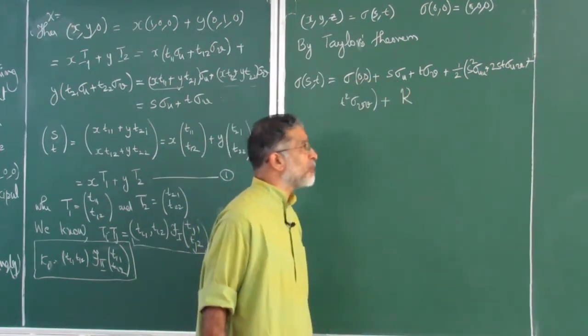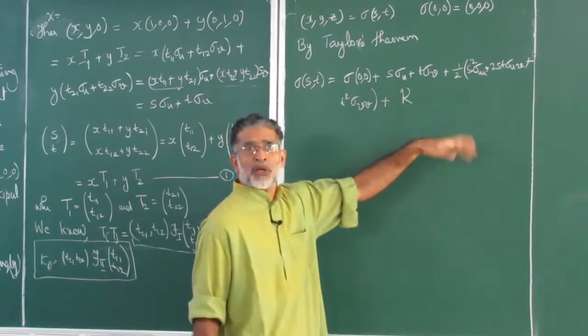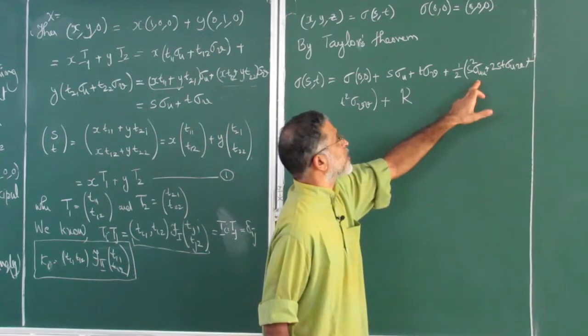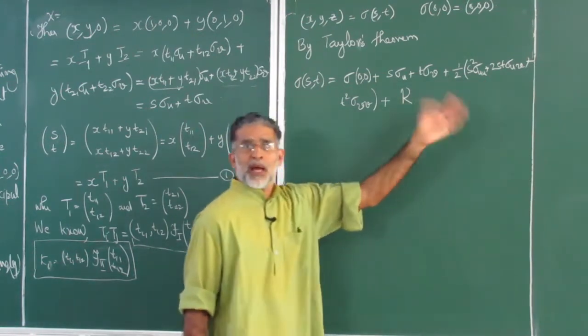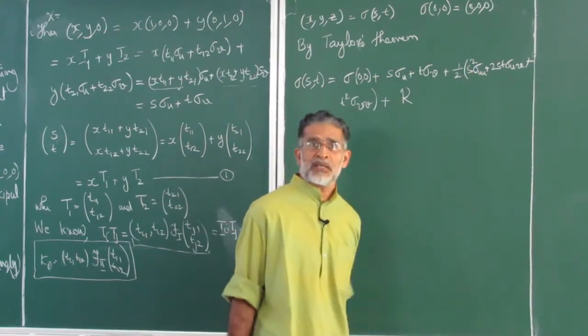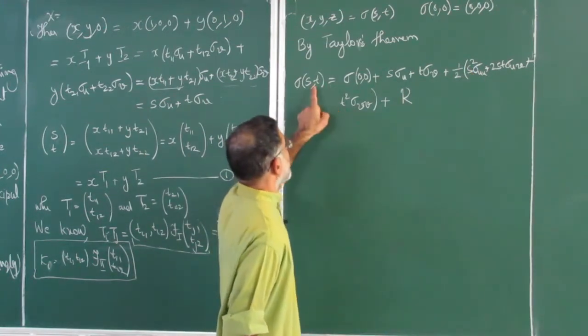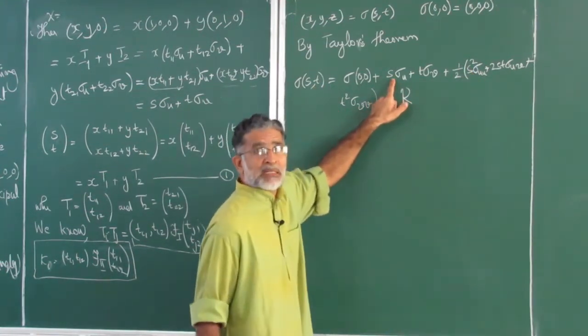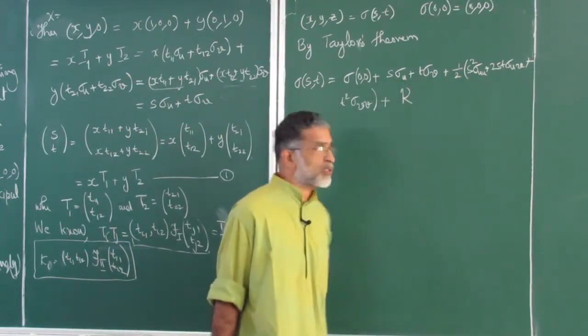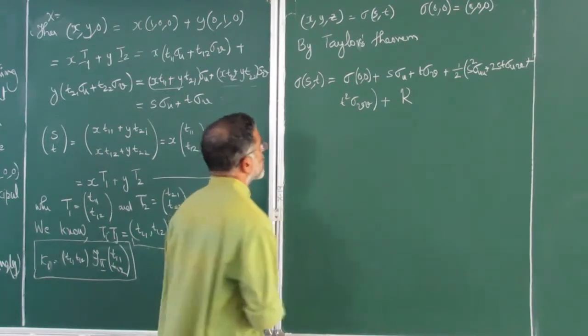So these are assumed to be, this will be 1 by 3 factorial, all these kinds of terms, S cubed sigma u, then blah blah blah. According to this index, you will have the corresponding S, T, etc. It's expanded at 0, that's why you get only S minus 0, which is S. T minus 0, this is S minus, so you get only S square, etc. Okay, so that is what it is.